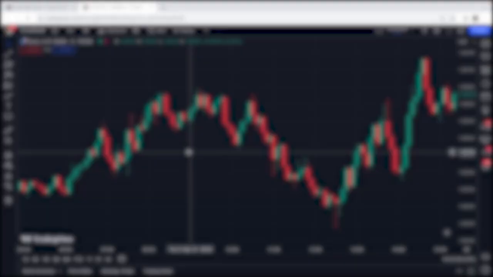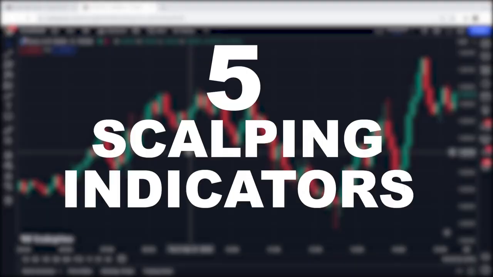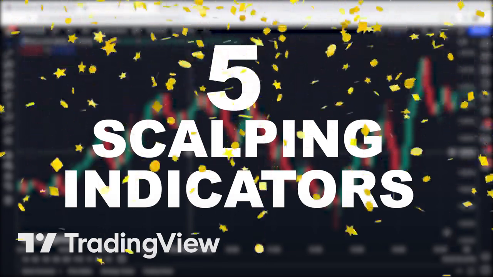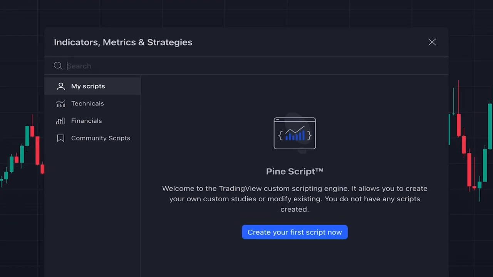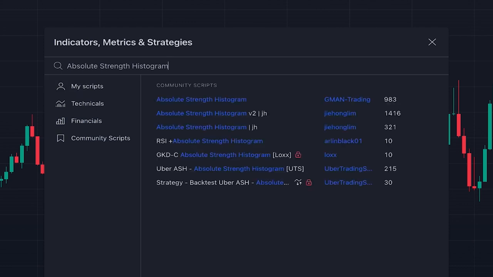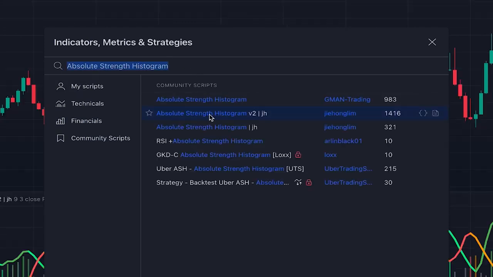In today's video, I want to introduce 5 scalping indicators on TradingView that are the best and most accurate indicators for scalping. The first one that I want to introduce is Absolute Strength Histogram. We add this one, Absolute Strength Histogram version 2, which is written by someone named Jie Honglim, if I'm pronouncing